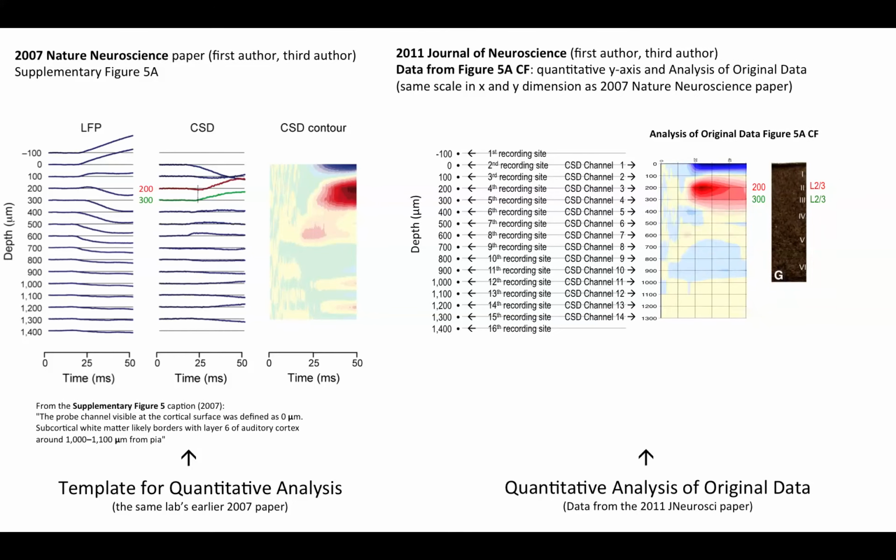And same thing with 5a non-CF. Actually, in this one, you can see how entirely analogous this is. This is just the same pattern of activity, which is consistent with what I've been telling you, that the top recording site is above the surface of the brain and the second site is right at the surface of the brain. And that's clear here since you have the exact same pattern of activity.